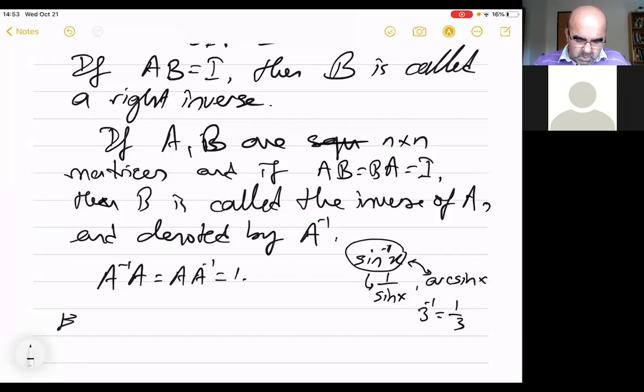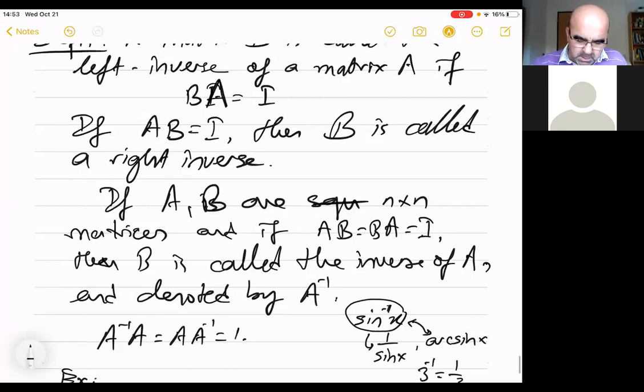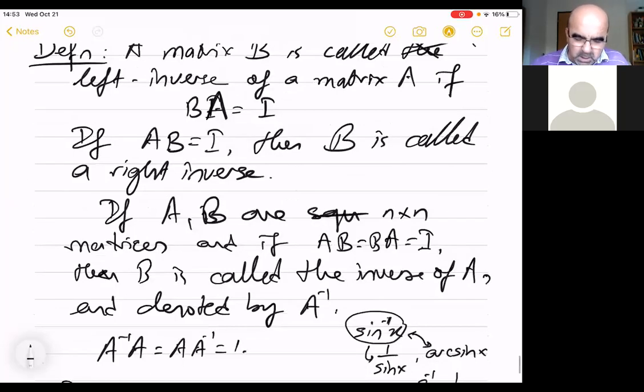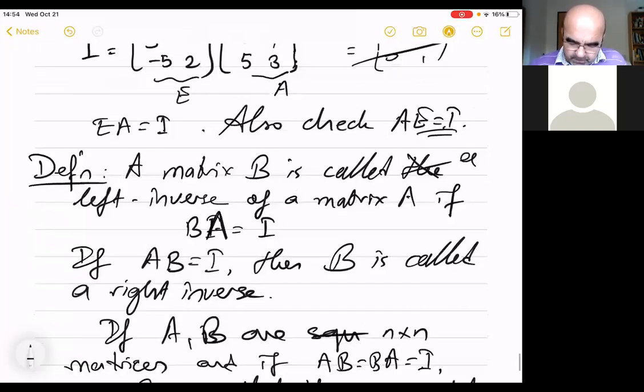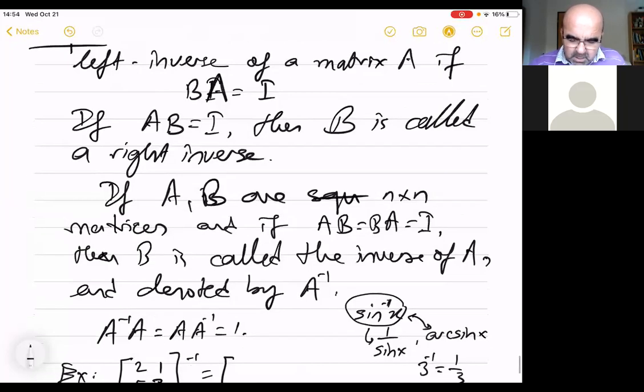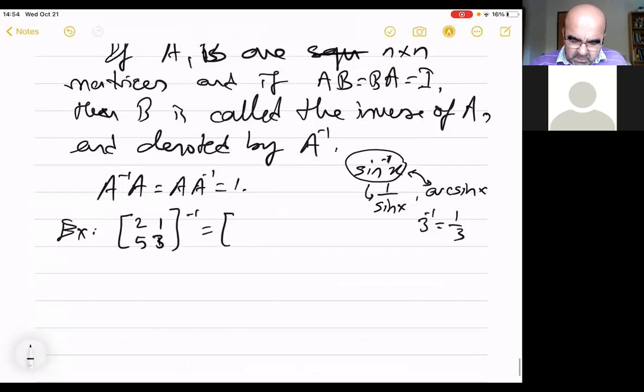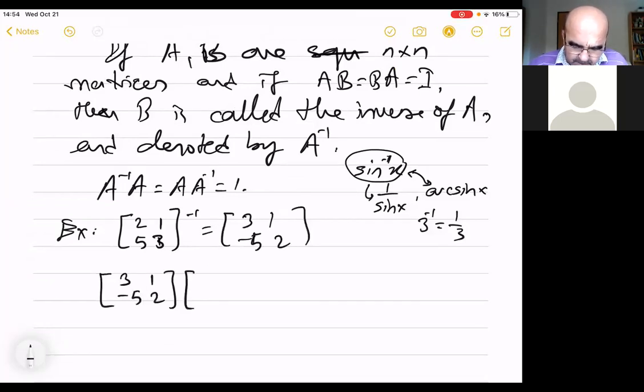In the above example, what was A? A is 2, 1, 5, 3, sorry. Its inverse is the matrix 3, 1, minus 5, 2. So let's check this. If you multiply this matrix from the left-hand side by A,